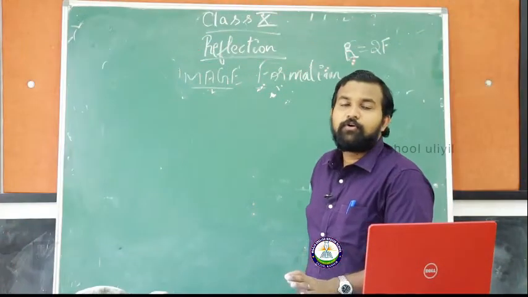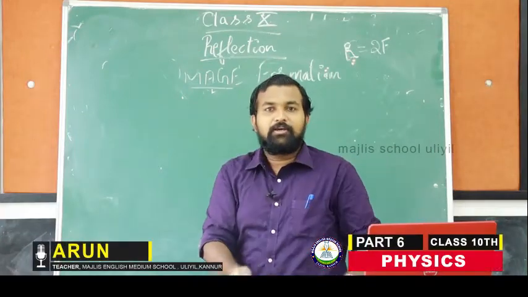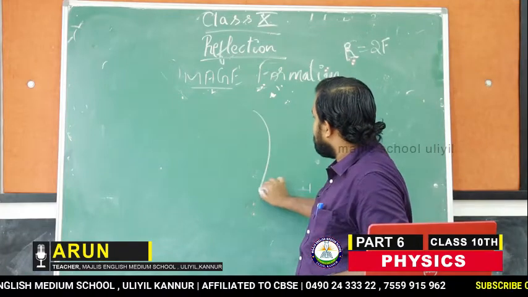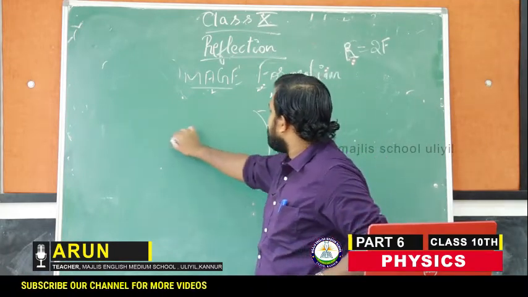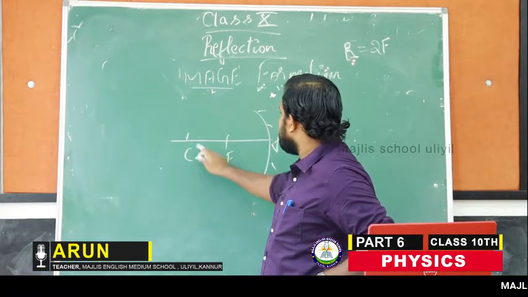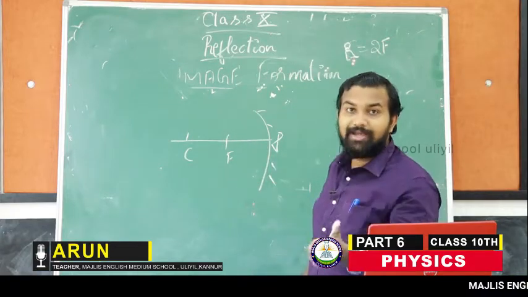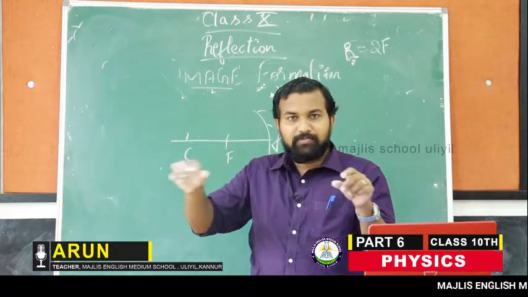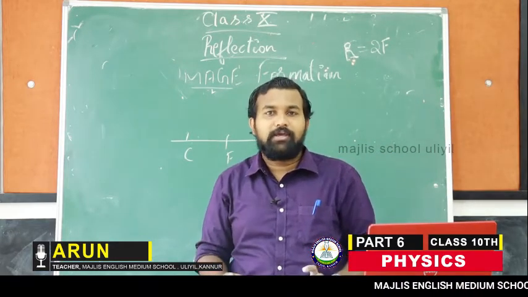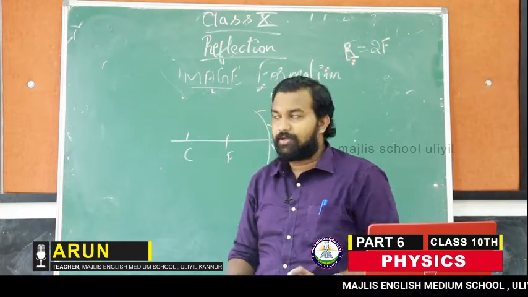Okay, third case, what we will do? We will again bring the object near to the mirror, isn't it? So what will happen here if we keep it again near to the mirror? This is focus, this is center of curvature. It should be equal. You take a scale and measure. Do the correct measurements and mark the focus and the center of curvature, and then only you start drawing the image formation ray diagrams. Okay.